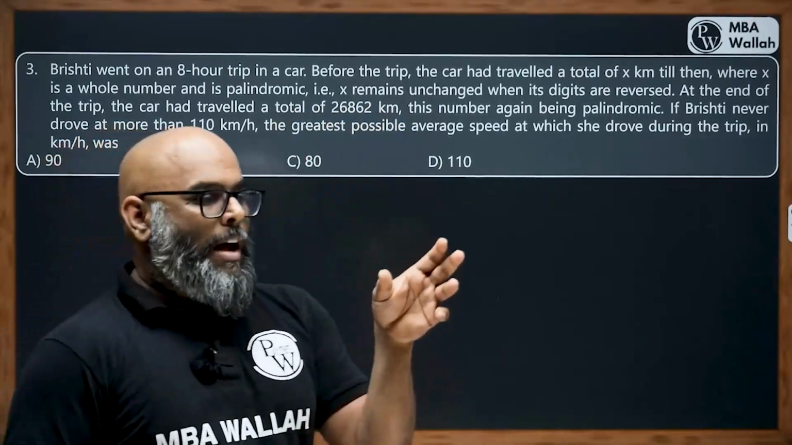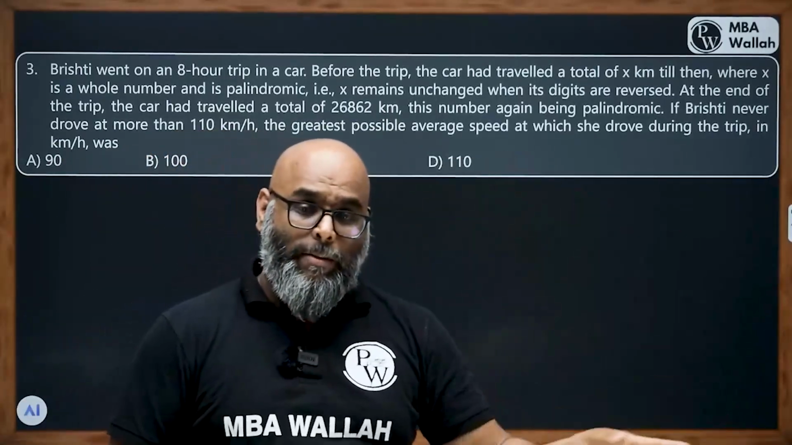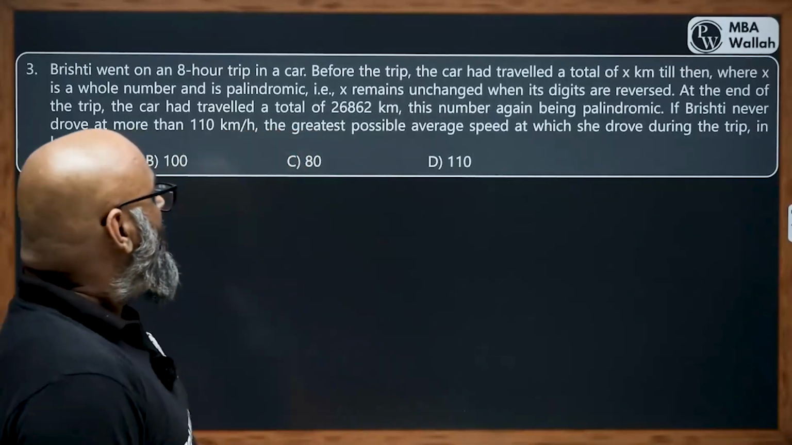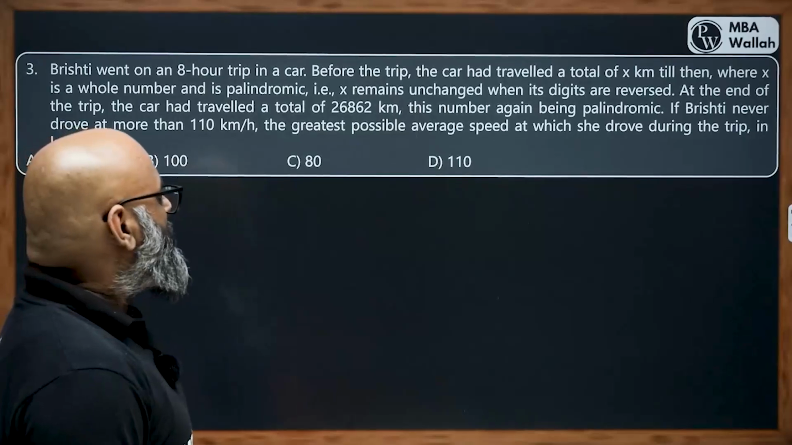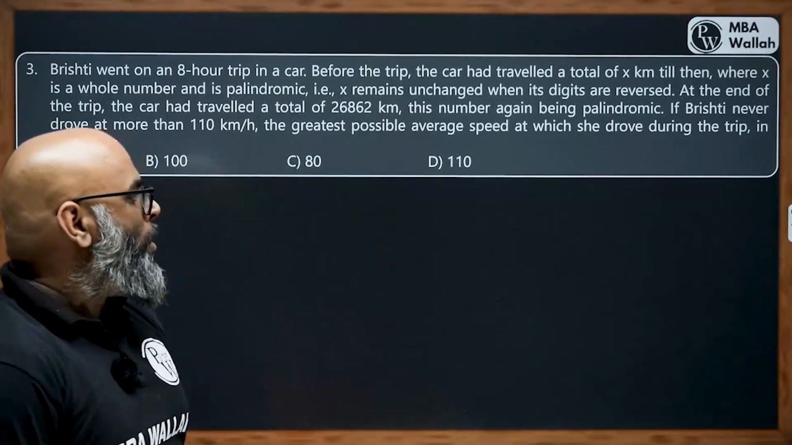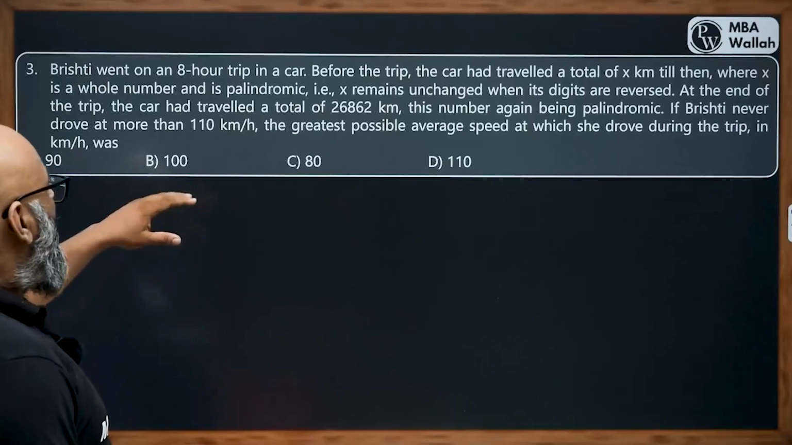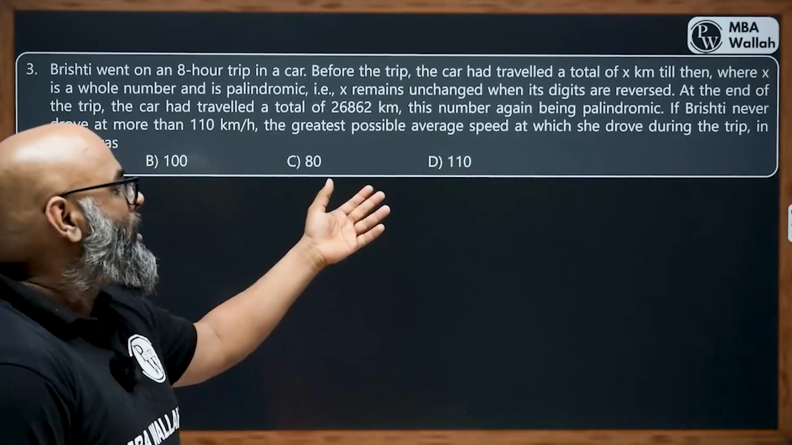So she had traveled X kilometers totally, and then she travels for 8 hours, and the total distance covered is still a palindrome. Right. If Brishti never drove more than 110 km per hour, the greatest possible average speed at which she drove during the trip, in kilometers per hour, was... So I have to find the maximum value of X that will solve this equation where